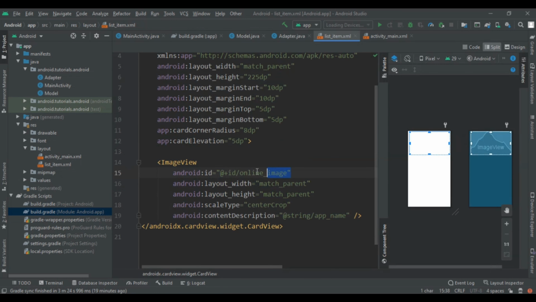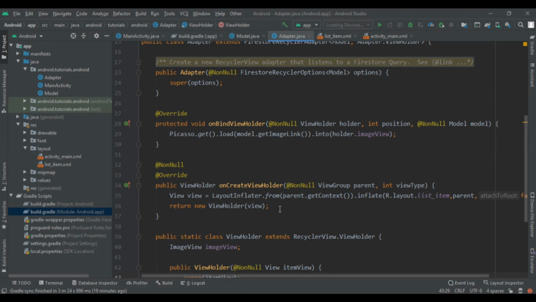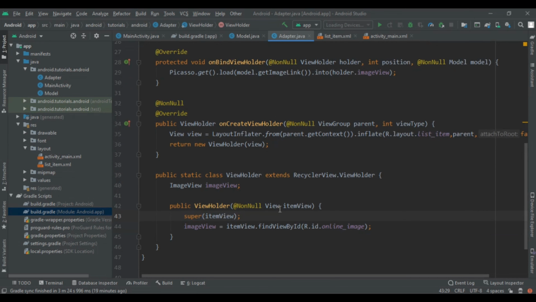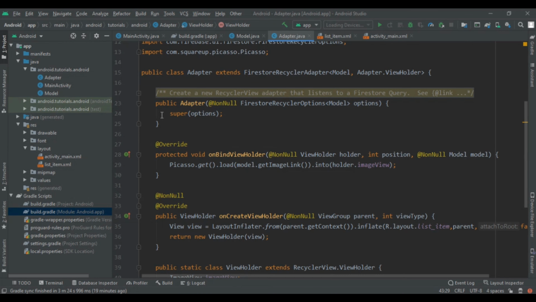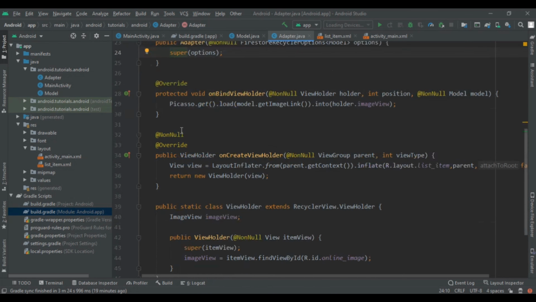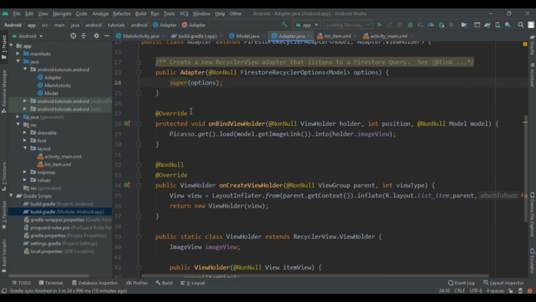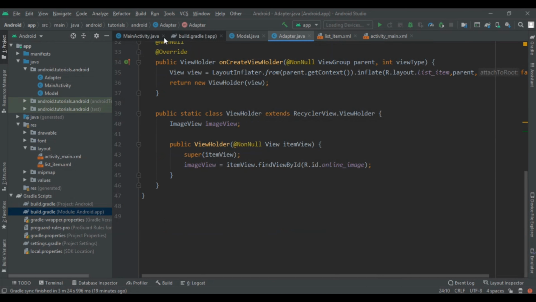After that we are going to again come to our adapter, and in that adapter we are going to first add the match super constructor. This will be automatically generated when you face an error. Then here in our onCreateViewHolder, we are going to create a new view equal to LayoutInflater from parent.getContext.